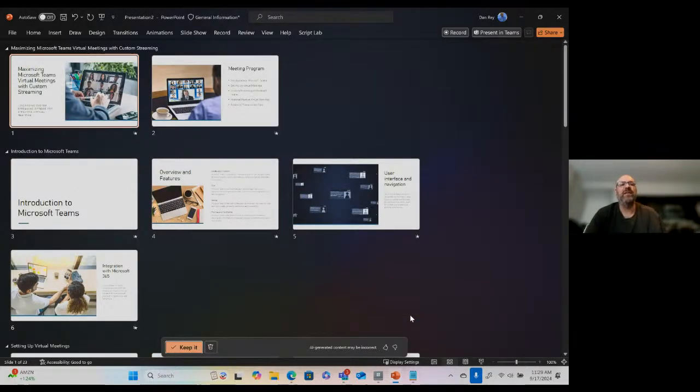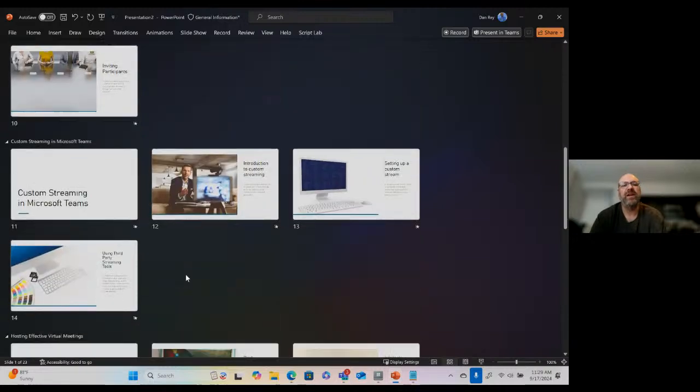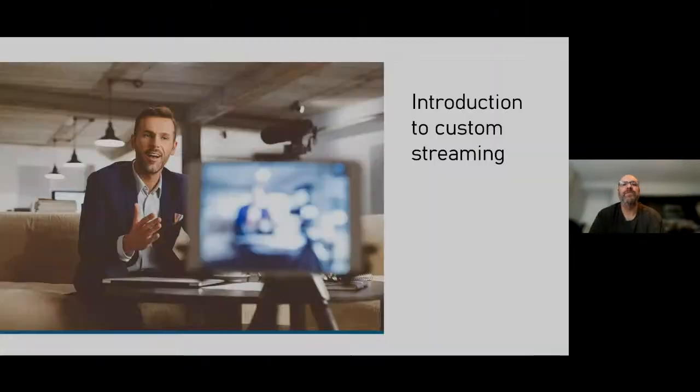And here we can see that I have sections for the introduction to Microsoft Teams, setting up virtual meetings, 4 slides, or a header slide and 3 slides, custom streaming, 3 slides with a header.